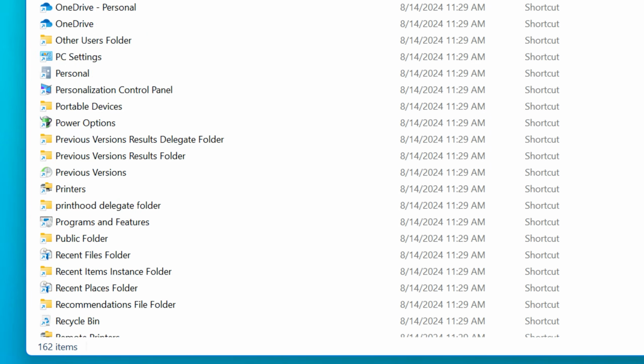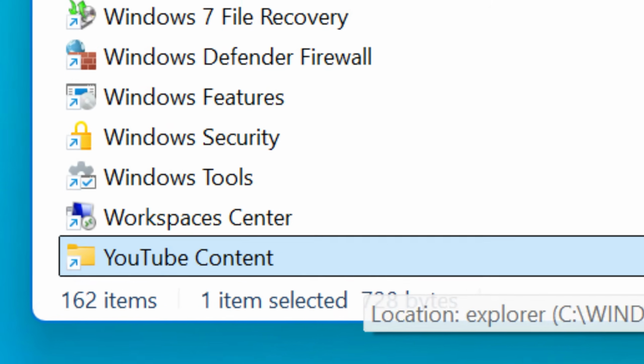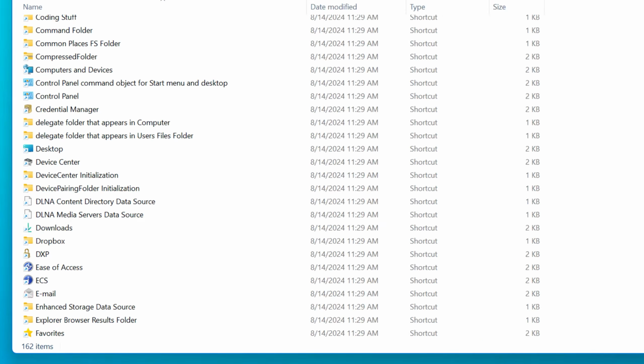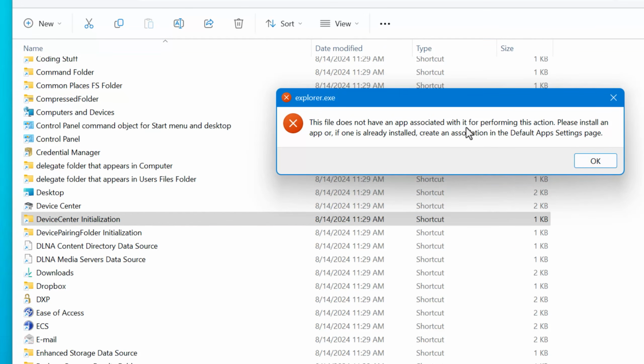And actually in here, I have a couple that are added manually by me. I used a tool called WinArrowTweaker that lets you add custom shortcuts to the navigation bar, and turns out they show up here too. I will point out that some of these shortcuts are for more behind the scenes type stuff, so they won't actually do anything when you click it, or they might give you an error. That's pretty normal.